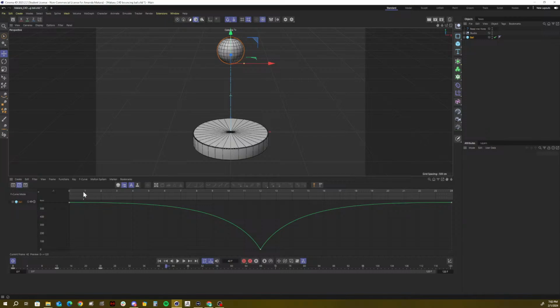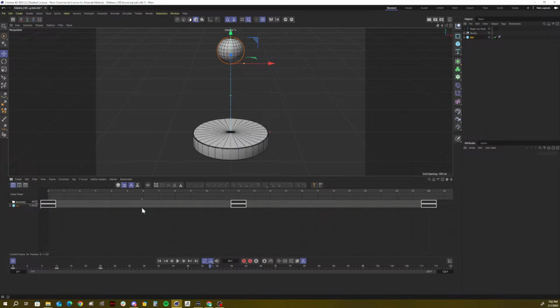But we have a ball with really nice acceleration and deceleration, right? Well, that's the perfect start. We blocked out the animation. Now we fine-tuned it. Well, now we need this animation to happen. We need this bounce to happen a few more times, right? And so